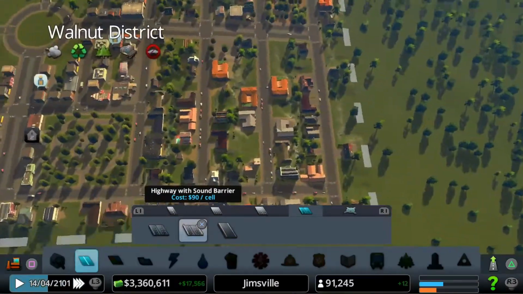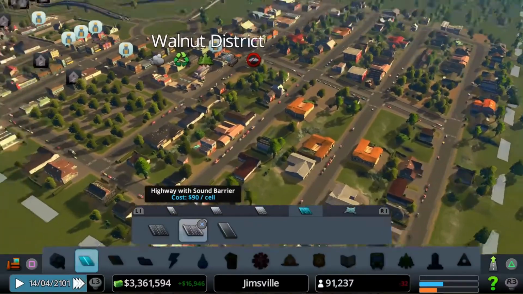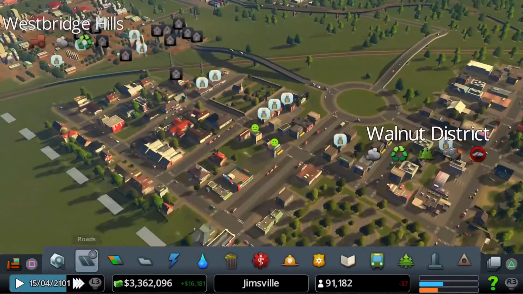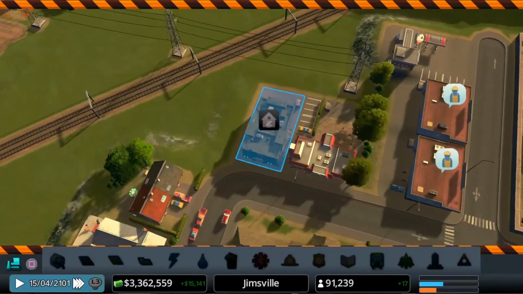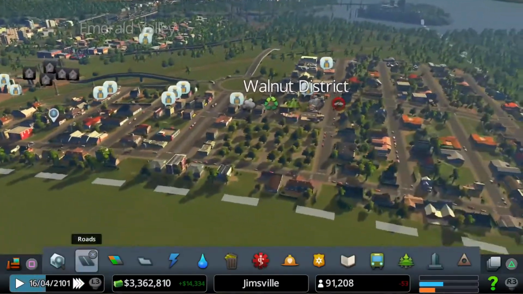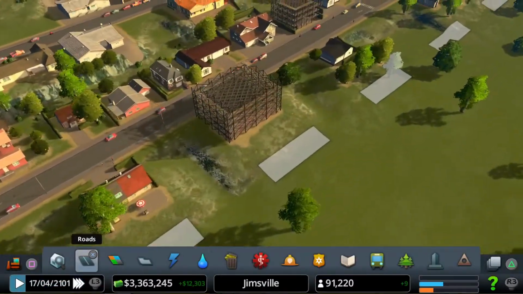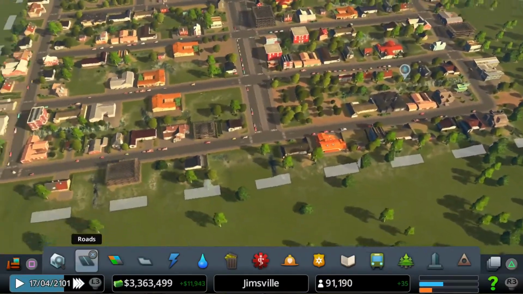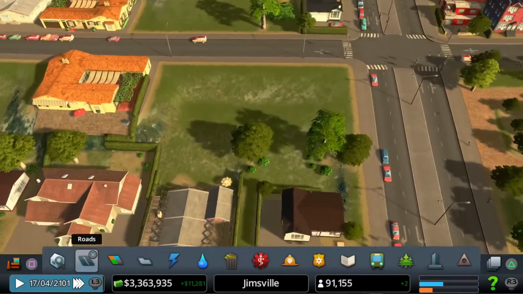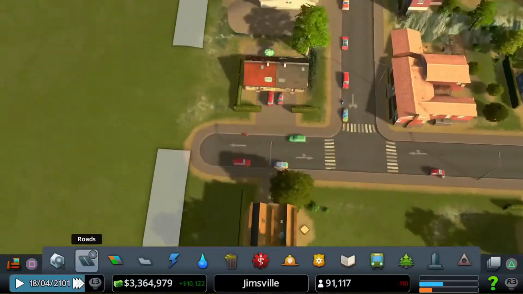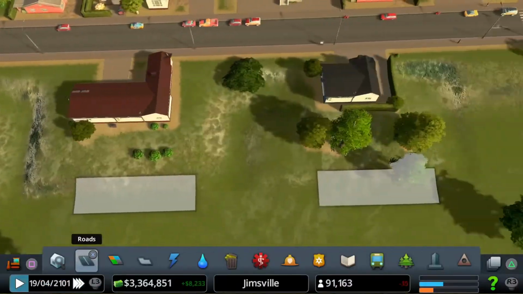Let's see. Oh, this area is building up really nicely now. Still got a few failed businesses, but not as many as before. Still got high demands for commercial. We're getting some more residential coming in. It's not fully filled up this area yet. You can still see there's gaps, like just there. There's a gap there. Gaps along here. Even here. Yeah, there's a gap there. Well, a few gaps along here.